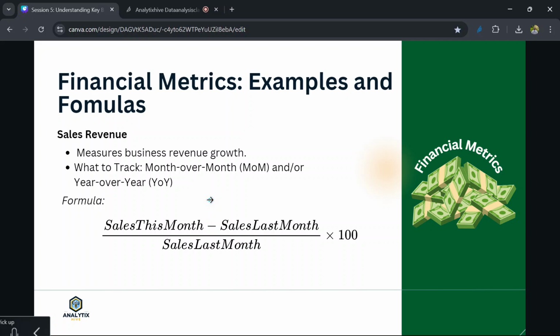But if it's just on a normal, let's say on a year scale, for instance, then it's expected that the cycle you passed through in the previous year and that you passed through in the current year are the same. There was still an ember month last year, just like there is this year. So you have completed the same cycle, but you notice that the sales for this month, for this year, is less than that for last year. Then it could be a sign that maybe something did not really work out, or there was a major change in the industry that affected your business performance, right? So this metric can help you to track that